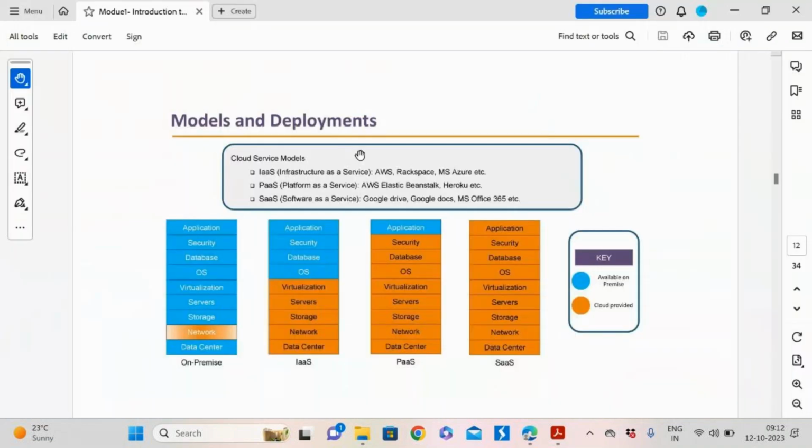In that case, we don't need to bother about the configuration of the application or creation of databases or whatever it is. This is ready-made. We simply use it with our user ID and password. These three service models are available in every cloud, not only AWS or Azure. Every cloud uses these models.